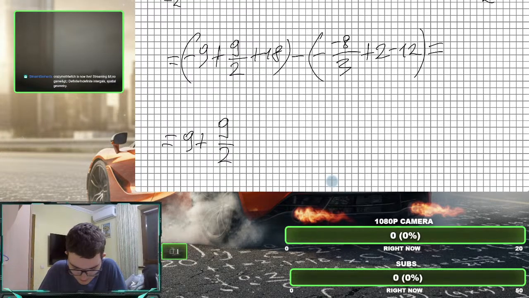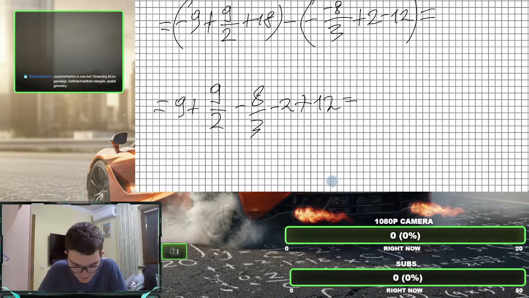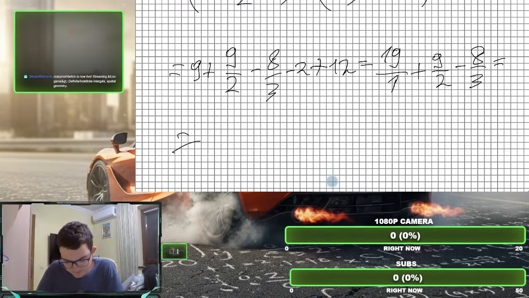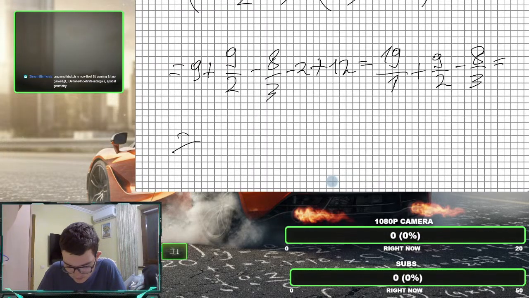There it's minus 8 divided by 3 minus 2 plus 12, because the signs change, and 9 minus 2 is 7 plus 12 is 19. So I'll have 19 plus 9 divided by 2 minus 8 divided by 3. So that is